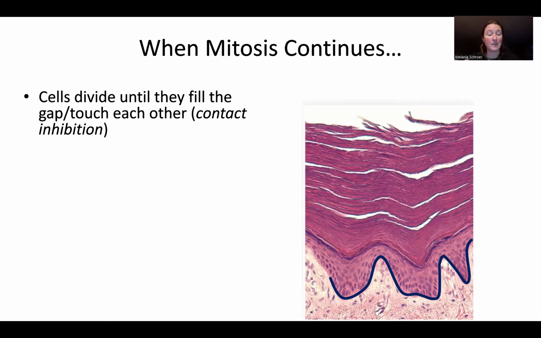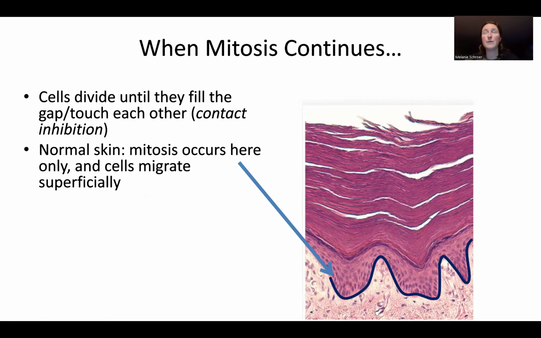So this rapid cell division only continues as long as the cells are trying to fill in the gap. But as soon as they touch each other, which is something called contact inhibition, they slow down again. And so what this means is that we have pretty much an ideal rate of mitosis, an ideal rate of making more cells, to replace old cells, replace damaged cells. In our normal, healthy skin,